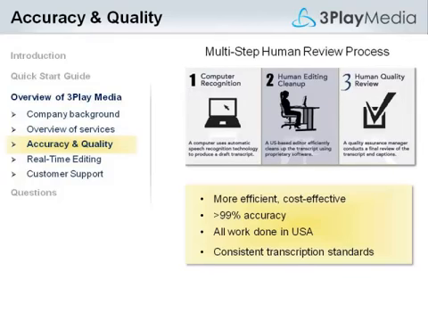We use a multi-step review process. As I mentioned, it includes both technology and humans, and it delivers more than 99% accuracy, even in cases of poor audio quality, multiple speakers, difficult content, or accents. Typically, about 2/3 of the text in the work is done by a computer, and the rest would be done by transcriptionists. So this makes our process much more efficient than other providers. More importantly, it affords our transcriptionists the flexibility to spend a little bit more time on the finer details. So for example, we'll diligently research difficult words, names, and places.